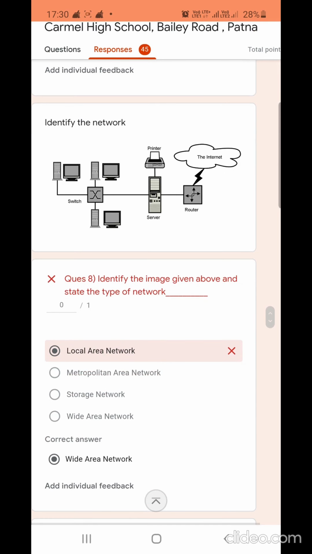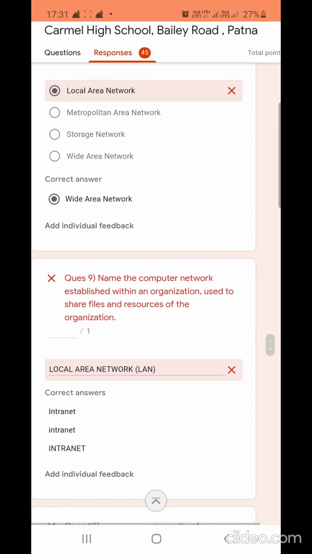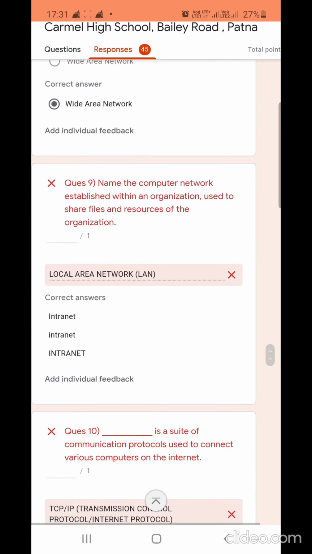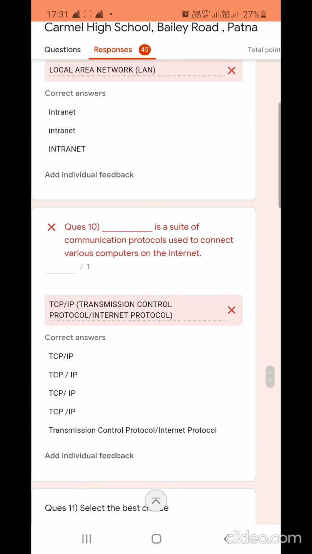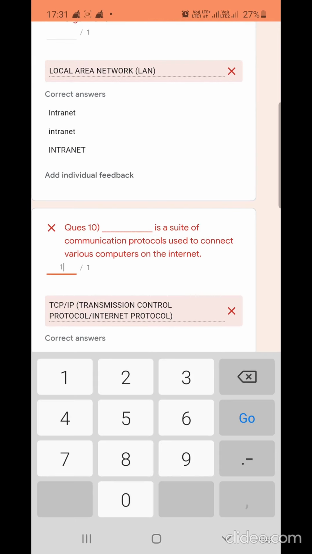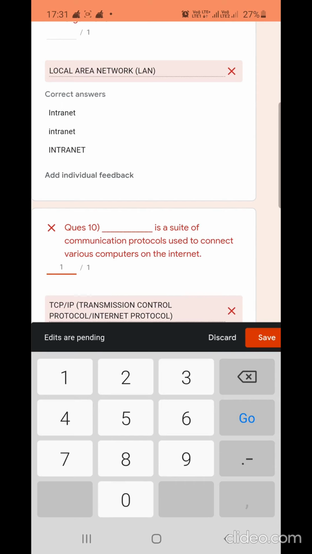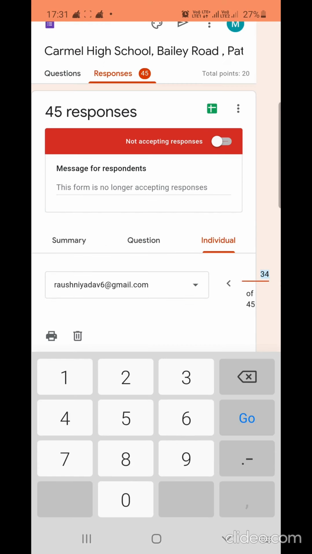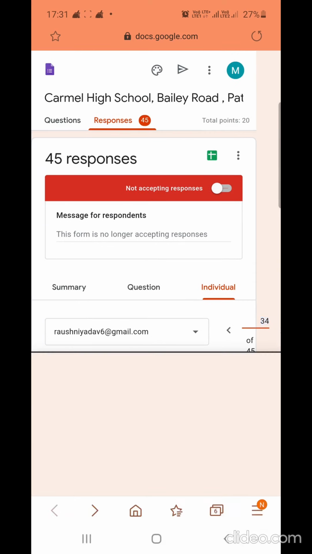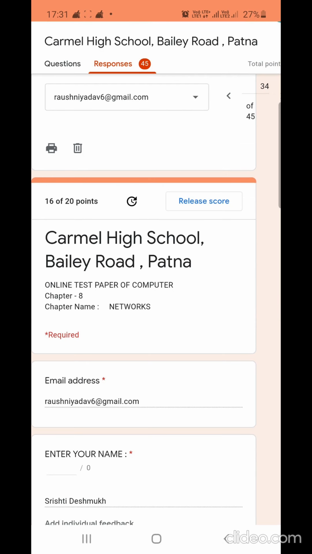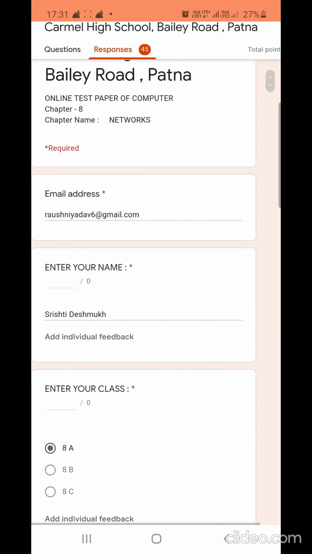For all others, she has been correctly evaluated, and so we have seen here she has written TCP IP and the full form also. Here also we will give her 1 mark because her answer is correct. And so we see here that her marks are now 16 out of 20.